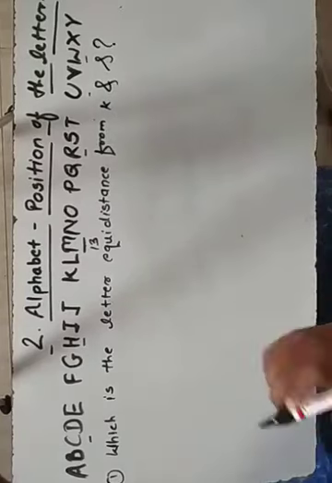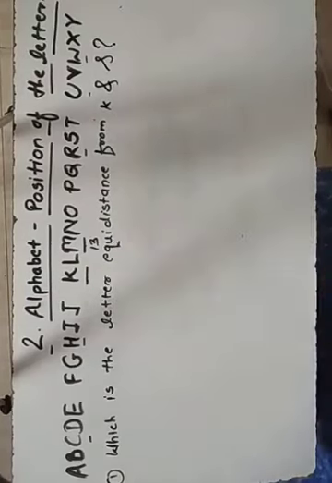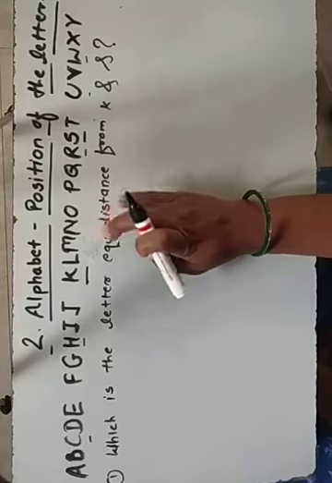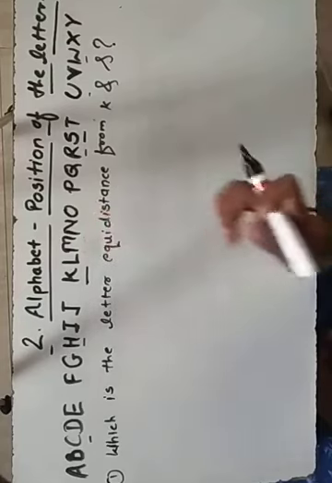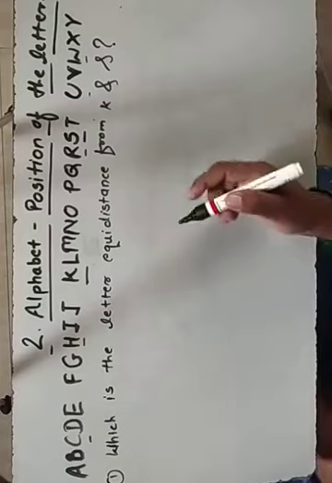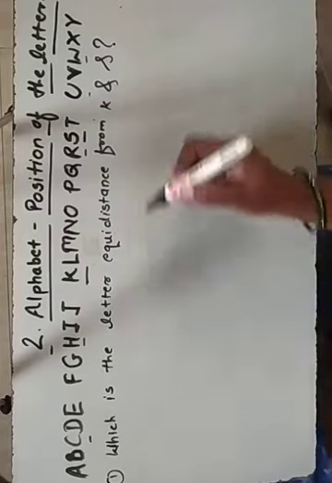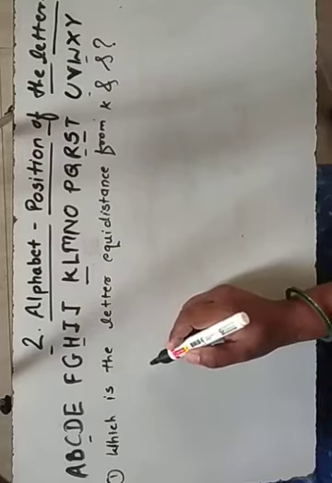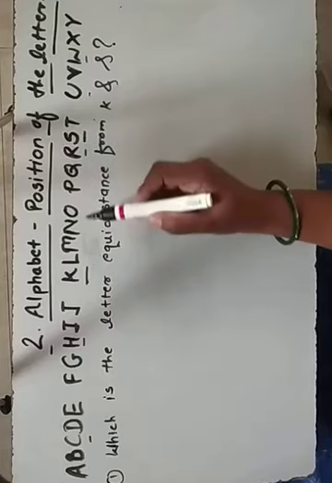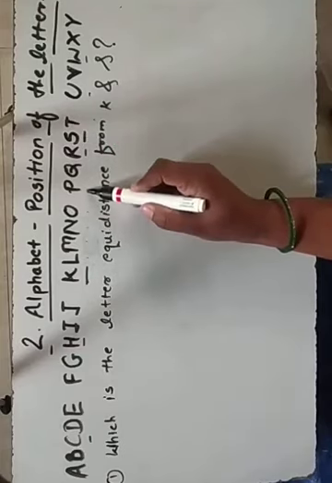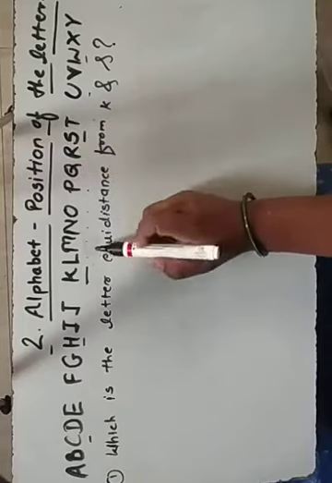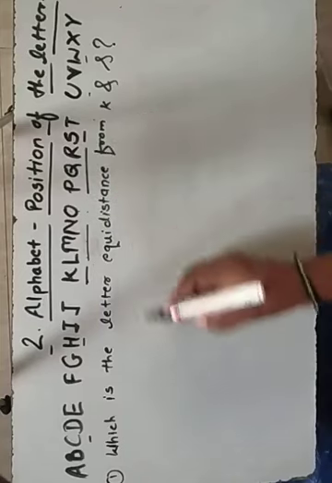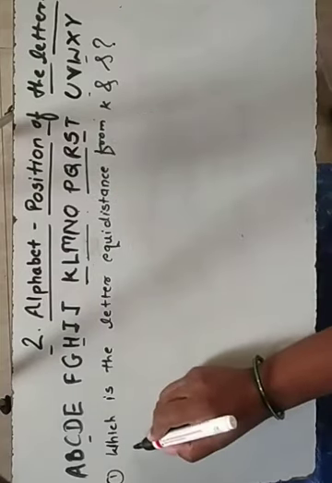Okay, so from K and S, here it is K and here it is S. So in between this K and S, how many letters are there, that we have to count at first. In between K and S: L, M, N, O, P, Q, R. Okay, means how many letters are there? 4 plus 3, 7. So if you leave 3 from here and 3 from this side, O is the answer of it. So downside they may give the options.